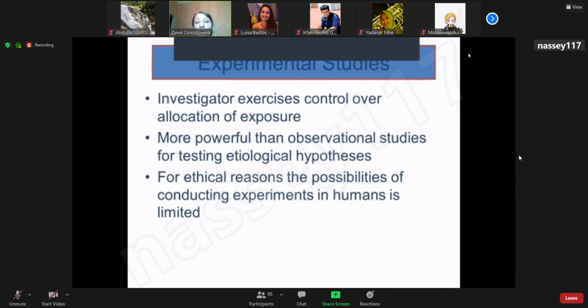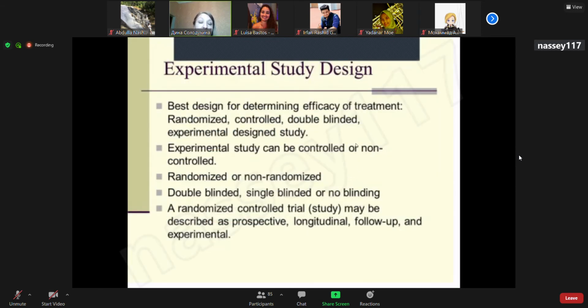However, when we exercise control over allocation of exposure, we can be absolutely sure that our exposure led to the studied outcome. And for this reason, experimental studies are used a lot for biological models. Still, in experimental study design, we can test efficacy of treatment, we can test efficacy of vaccines, we can